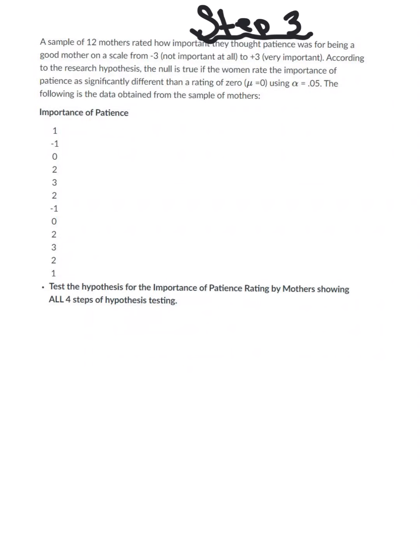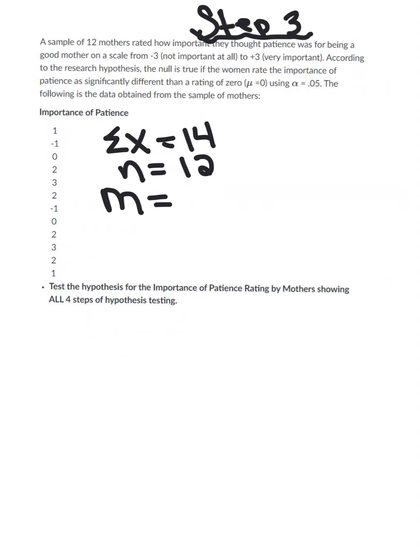And so then when I enter, I'm getting my sum of x. So I'm going to write that down. Sum of x equals 14. Now we know our sample size equals 12. So we can calculate our sample mean, which is that capital M, which is 14 divided by 12, which you should be getting